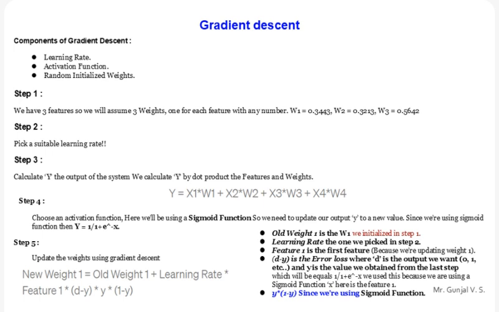Components of gradient descent include learning rate, activation function, and randomly initialized weights. The steps involve initializing weights, picking a suitable learning rate, calculating the output, choosing an activation function, and updating the